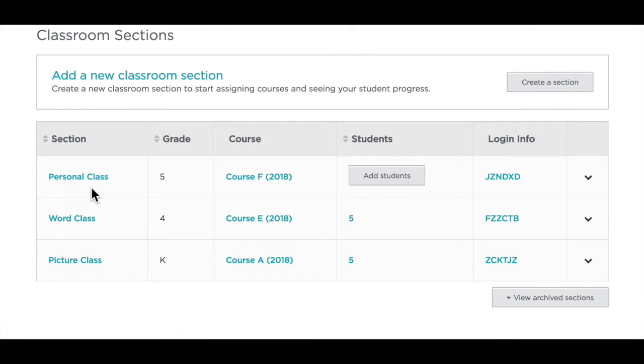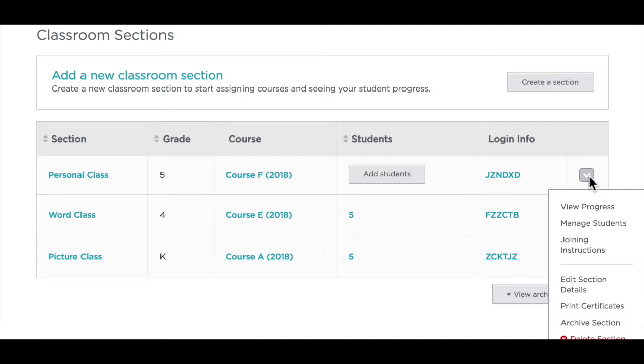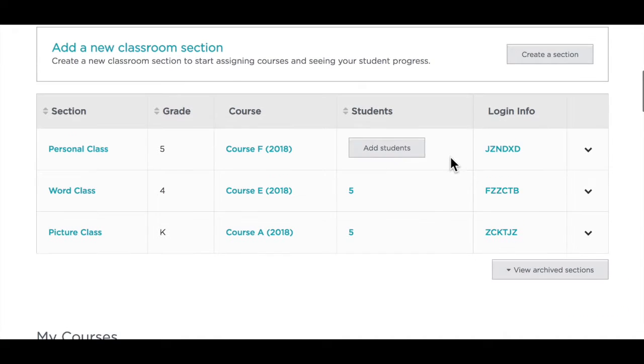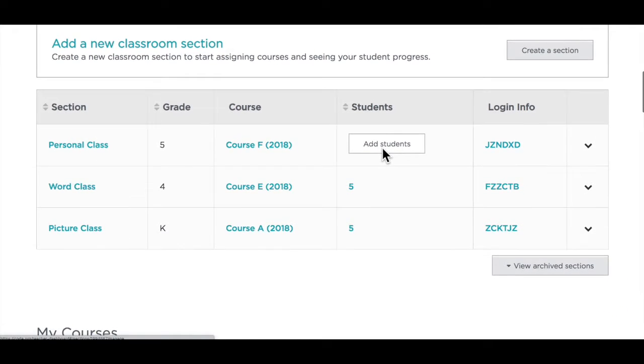So here's my personal class, grade 5, Course F. This will take me to all of the online activities and the lessons that I need for Course F. Here's where I can add students. We have our login code and all kinds of helpful information for managing students, getting them their certificates, and editing section details. So if I click on Add Students for this one,